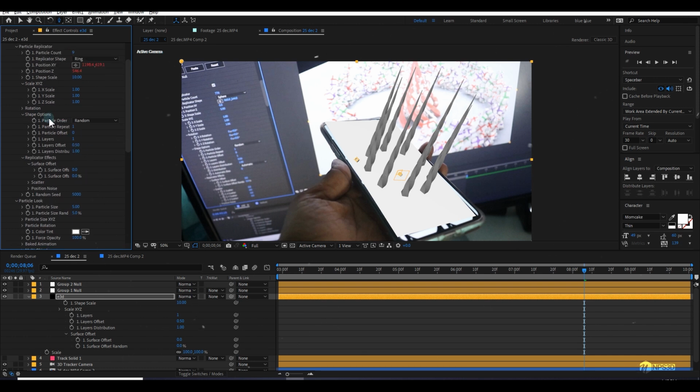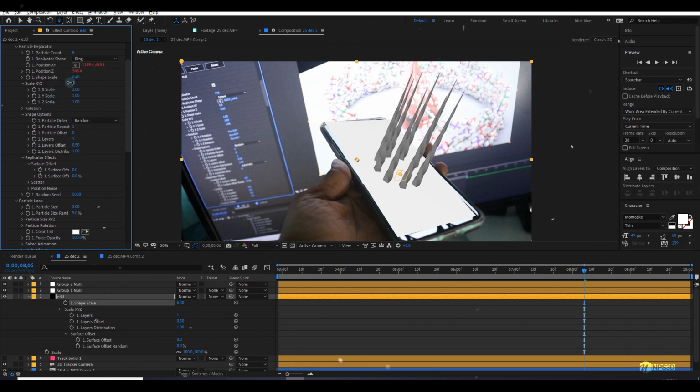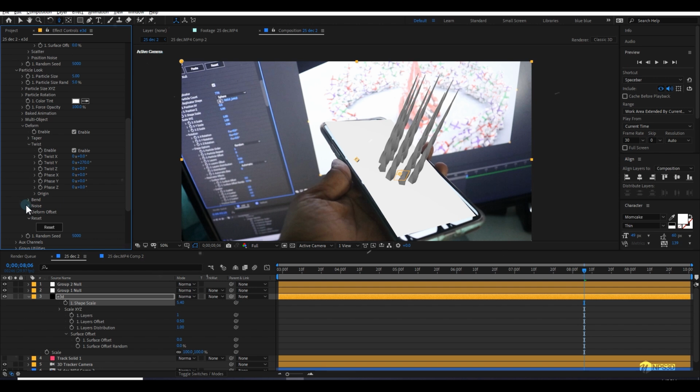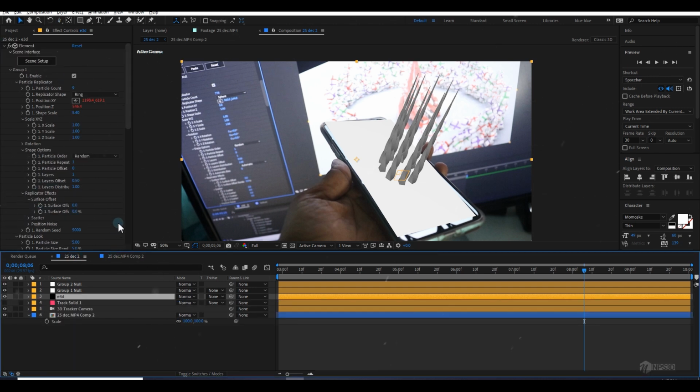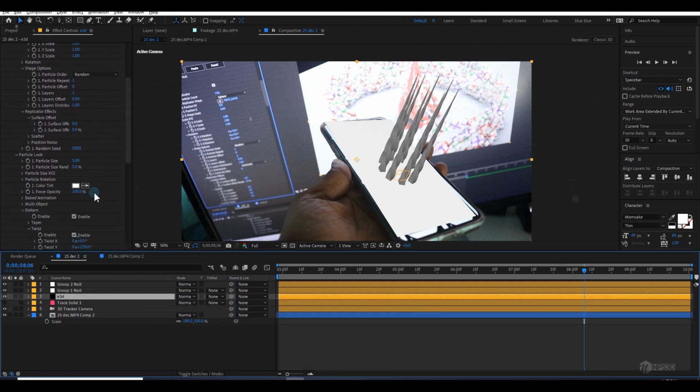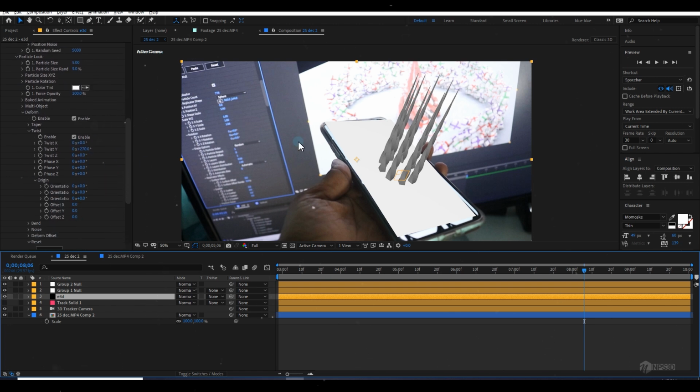First let's bring the shape scale down so they are closer, and then I can go to the... now I'm going to tweak some few settings which are perfect for the scene which I already did, and this comes after a lot of experiment. I mean not a lot but few experiments. I got the right value which suits the scene which I was creating.